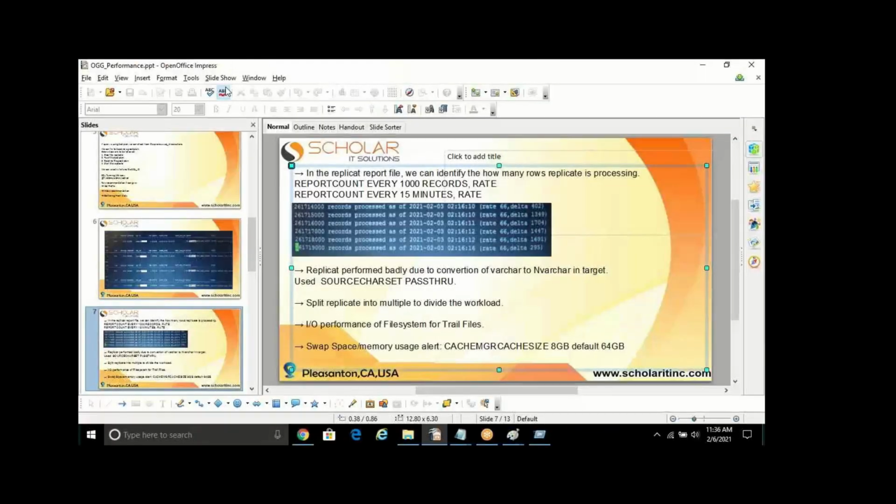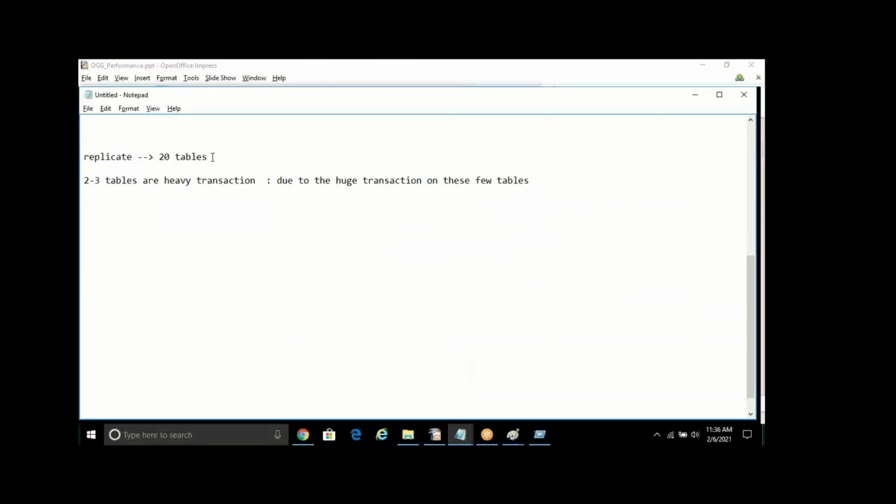For example, in these 20 tables there are objects of 3 application teams. Now this table belongs to only 1 application, so just because of this one, the other 2 are also affected. To avoid that, it is always nice to have a separate